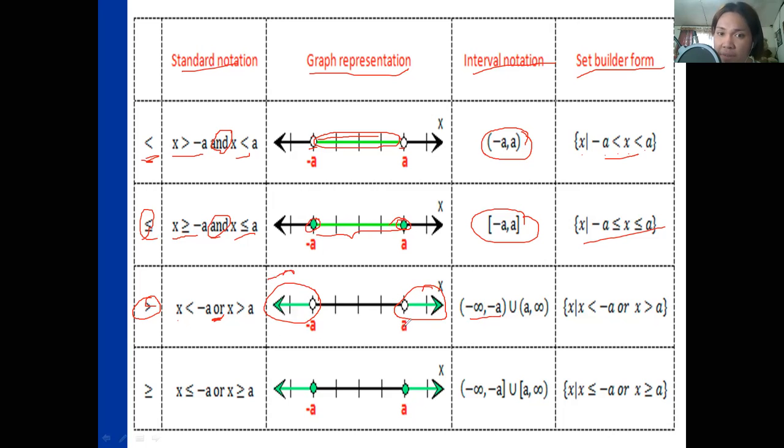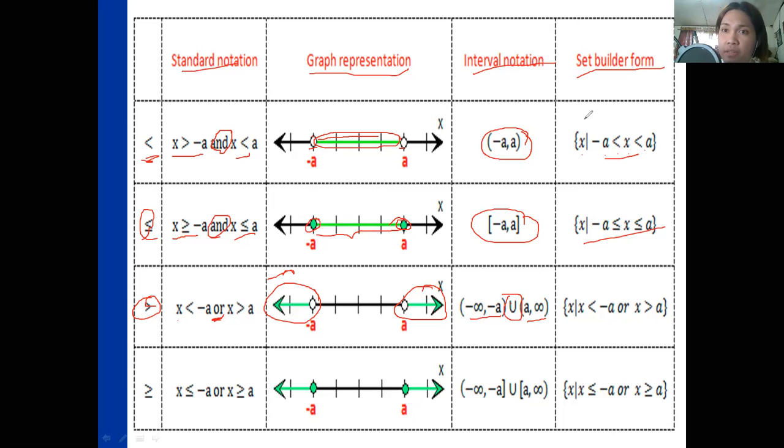And since the other one is going to positive infinity, we have a to positive infinity. We use union because they never intersect. So it's either, that's why we use the word or the preposition or. It determines that the solution sets of negative a and a will never intersect, there is no intersection between their solution sets.